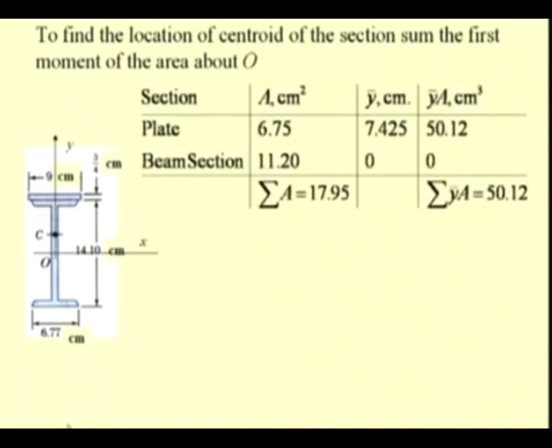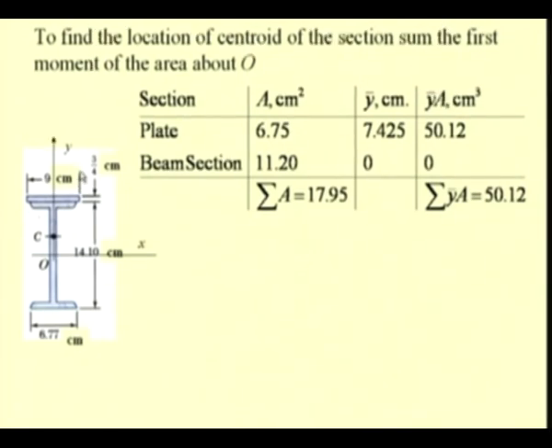First, in order to determine that, we have the areas of individual sections, that is the beam section, for which the value is 11.20 centimeter square, and for the plate which is 9 centimeter by 3 millimeters, the area is 6.75 centimeter square. The location of the centroid for the beam section is 0 with respect to this x axis, because it is symmetrical about this x axis. So, y bar is 0,